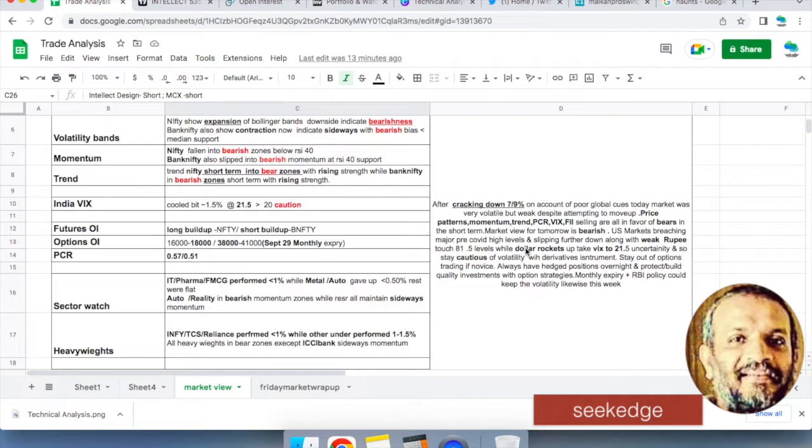Just to wrap up, there is not much change from yesterday. The view remains bearish, moderately bearish, you can say. The reasons are the price patterns, momentum, trend, put-call correlation, weak markets, FII selling, weak US markets and a weak rupee. All of this indicates why the VIX is about 21.5. Obviously, the market has a lot of uncertainties, so you have to be cautious. It will be highly volatile, markets can crash down, and there are big moves happening. The market is basically falling prey to global cues.